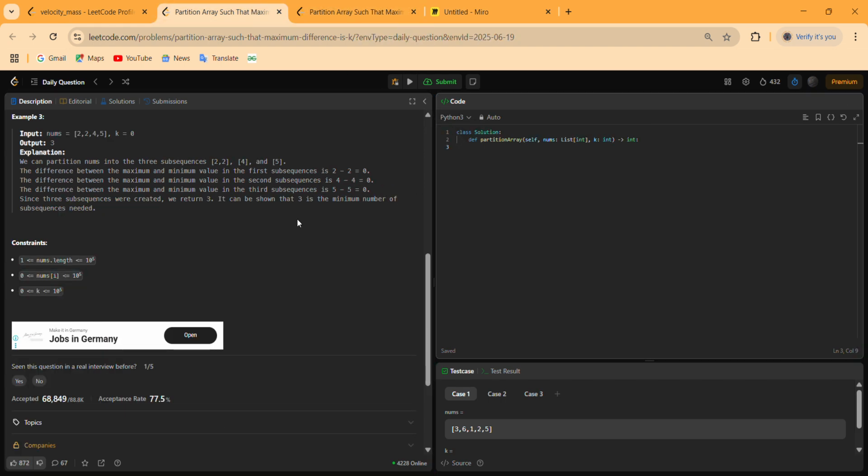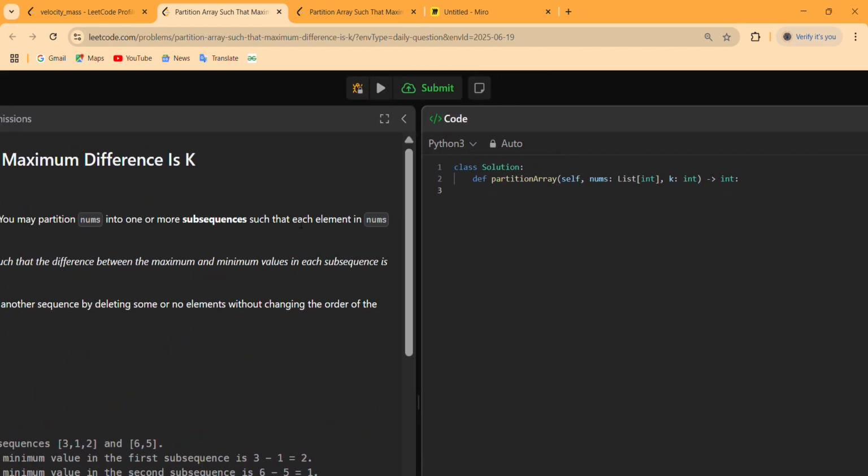So now let us code this and check if it is fine or not. Let us first take the size of this array, then initialize our minimum value till this index, that will be plus infinity, and the maximum value till this index will be minus infinity.